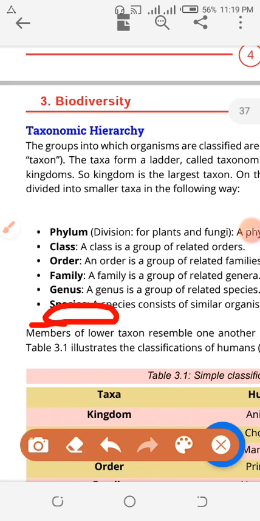Step by step, human being classification also depends on this. So it means you have many names. We have phylum Chordata, class Mammalia, order Primates, family, genus Homo, and species sapiens. Human beings have many names. So if anybody called you by the phylum name, class name, order name, family name, genus name, and species name, you would be angry. You would say, oh boy, I have one name. Why are you naming 7 names together?